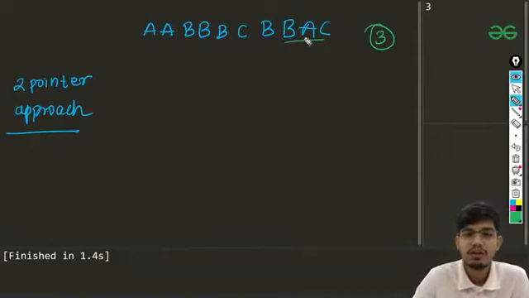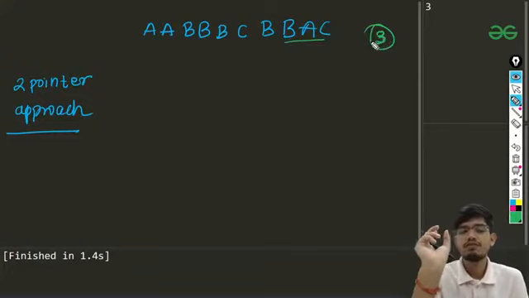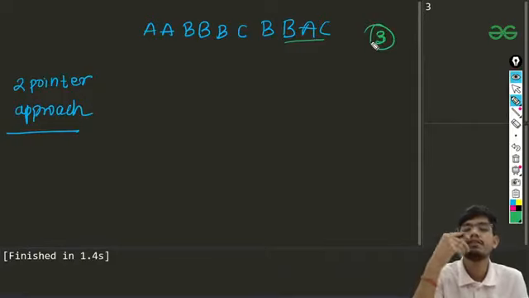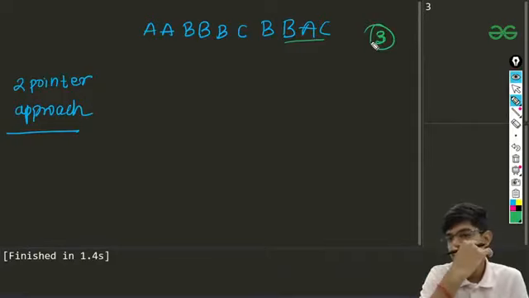Once we have that, we know that the total number of distinct characters in the substring should be 3.